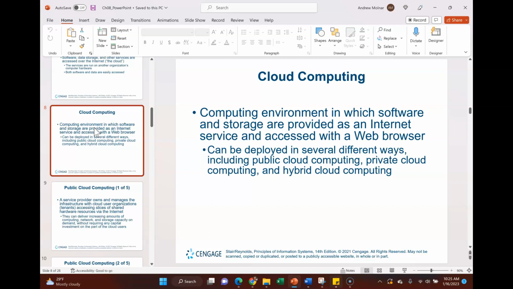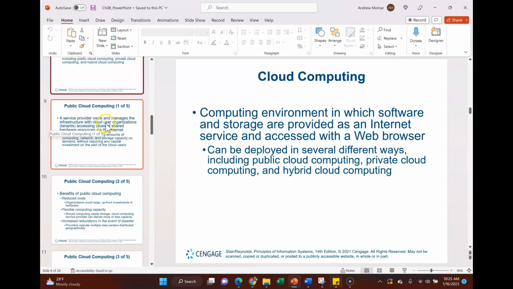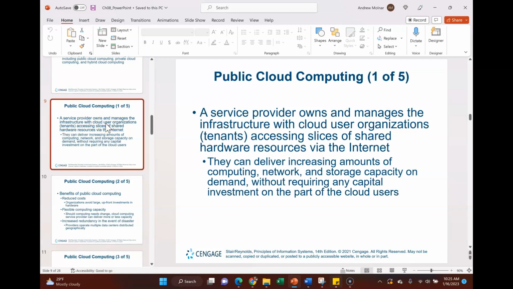And so cloud computing can be deployed in several different ways. We'll talk next about public cloud, private cloud, and hybrid clouds, though there are also a few other options out there like multi-cloud, but I'm not planning on touching on those.